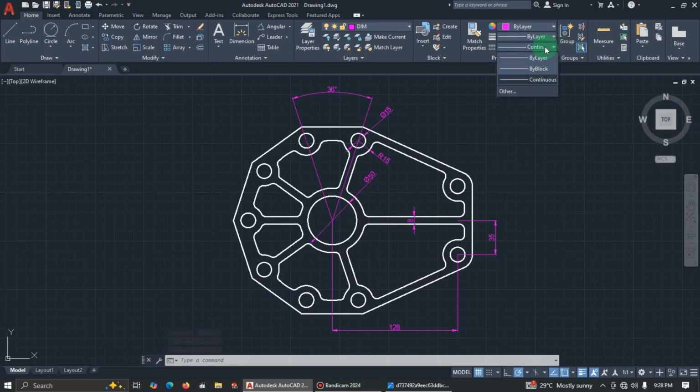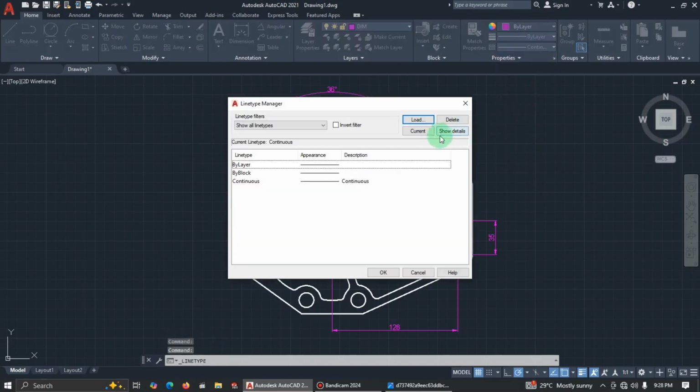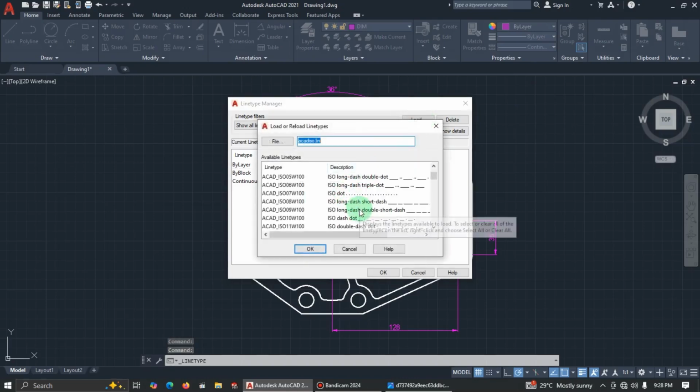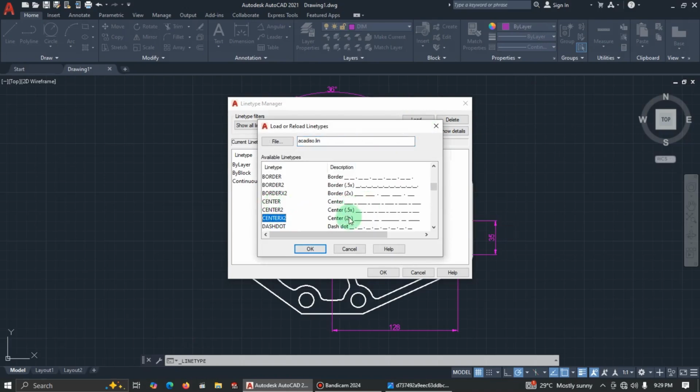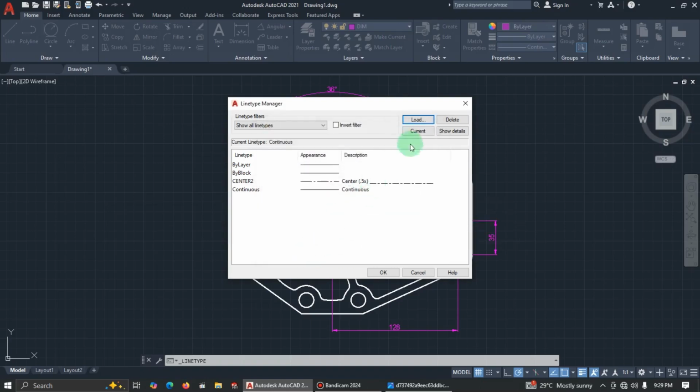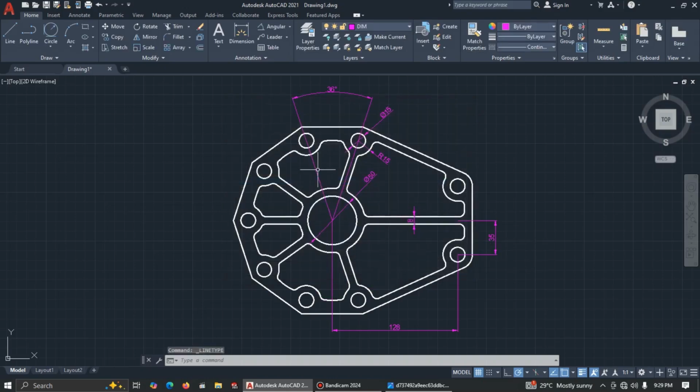Go to the line type, order, load, and then just go to center line. I'll pick this one. I'll pick this one. Okay, or let me use this one. Okay, then okay, now select this and this, then use as this, so that it will just show us the center line